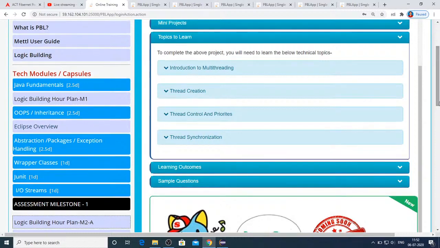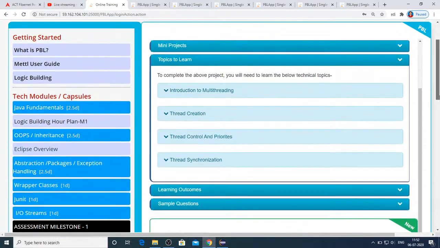But if you solve these logic building plan M1 and M2A problems, you will be capable of solving any other problem that you get. That's the reason I was telling you to solve all the M1 and M2A problems. And if you are unable to solve any of the problems, do let me know, I said. And till now nobody has said they are facing any problem with that.